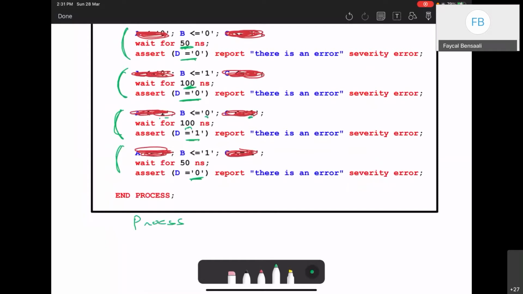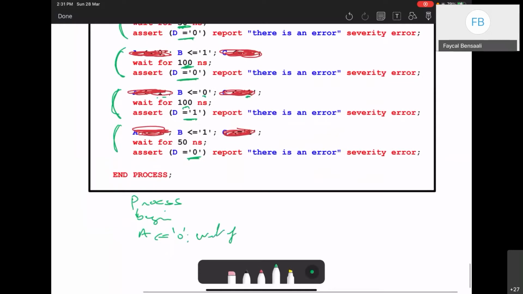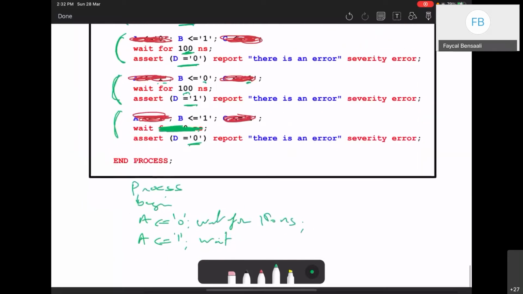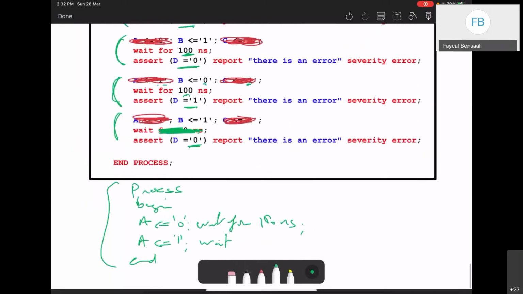And then I can have a process for A, begin. A is equal 0, wait for 150 nanoseconds, and then I can do A is 1, wait. Here I can finish it as well with wait. I don't need to repeat the end. So this is for A, process A, and then I can have another process for